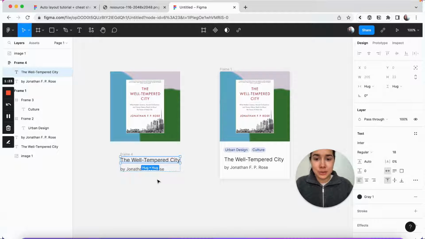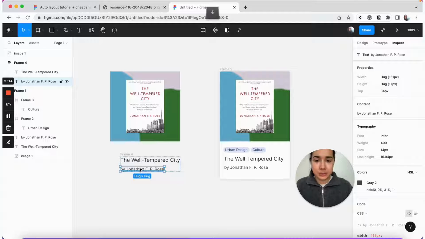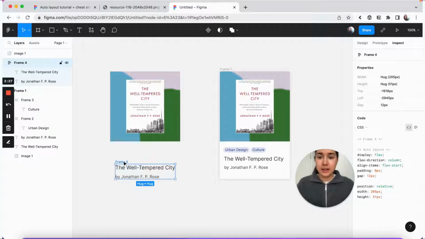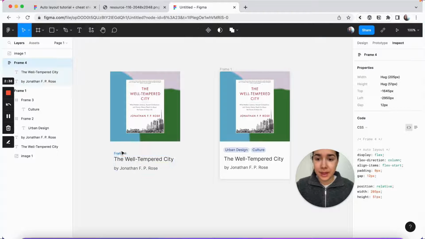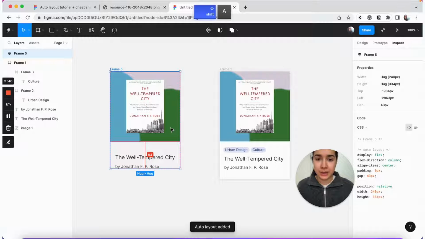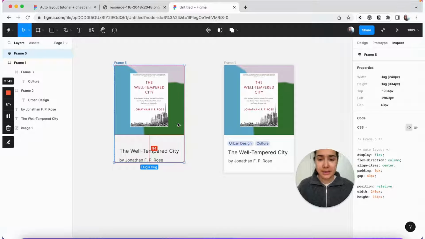And the great thing is that you no longer need to worry about accidentally messing it up. The only thing that you could really do is accidentally swap the places, but it's pretty obvious. Okay, so now we're going to take this frame and the picture, and combine them in their own auto layout frame. One great thing about auto layout is that you can use that as your parent frame. You don't need to create an extra frame to house all your elements inside it.